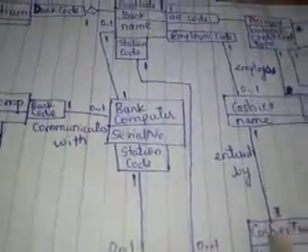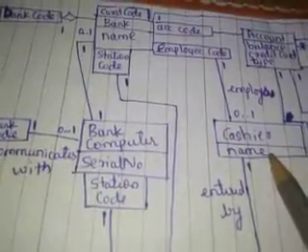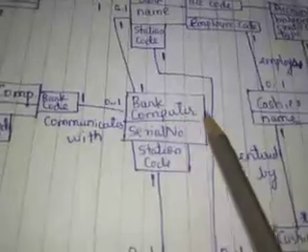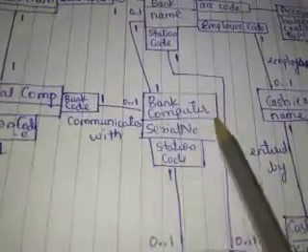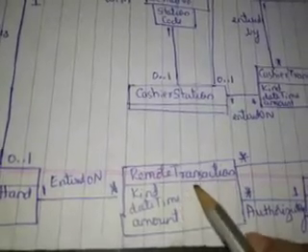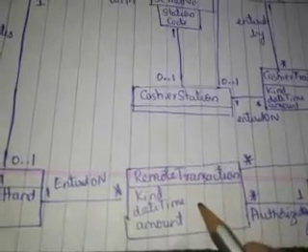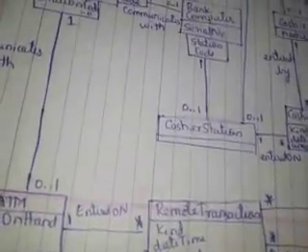Similarly, we have a cashier. His name is added as an attribute. Similarly, we have a bank computer. We have made the serial number of that computer as an attribute. So like this, in the class diagram, we will add the attributes. Similarly, for the remote transaction, we are adding three attributes: the kind of transaction that has taken place, that is, is it online, or how you have made the payment; then on which date and at what time the transaction has taken place; and what is the amount involved in that one. Like this we are adding the attributes.